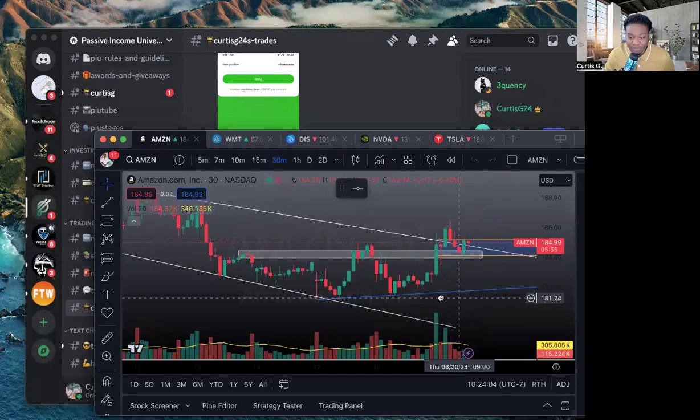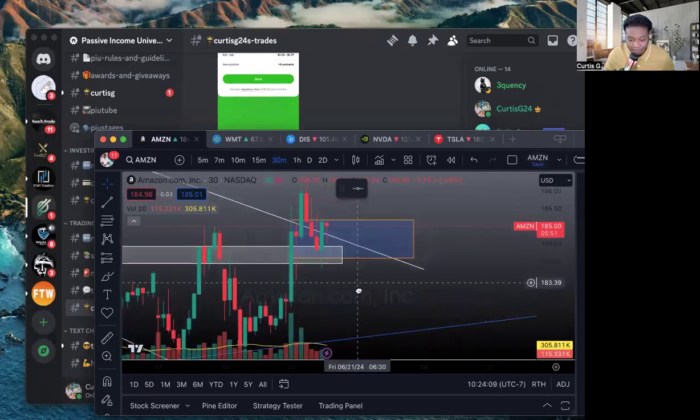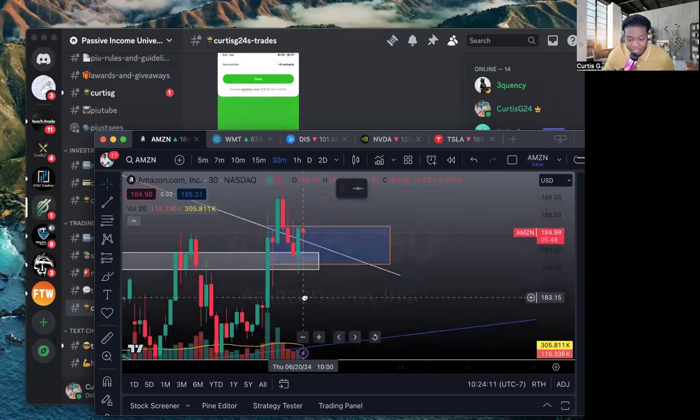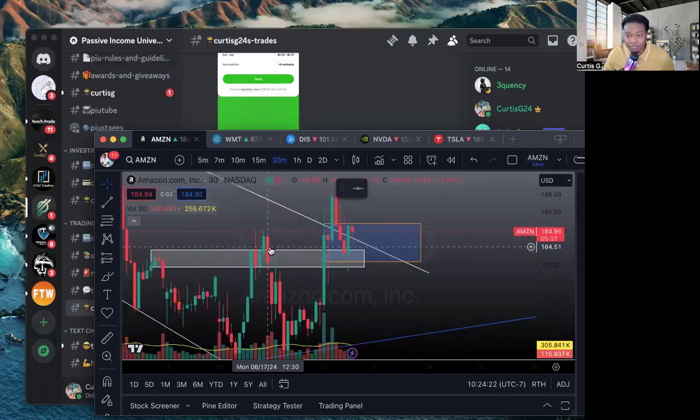All right, so this is how we played out for the day. Not the best for a scalp, but for a scalp, it still played out. So I was patient this morning. That first candle came up here. Now I should have got in right when it got into this area, but I waited and I chased a little bit. So I ended up not getting in till about right here, which if we zoom this in,